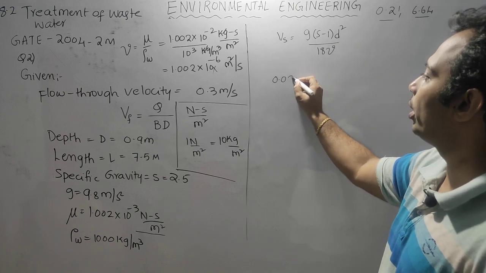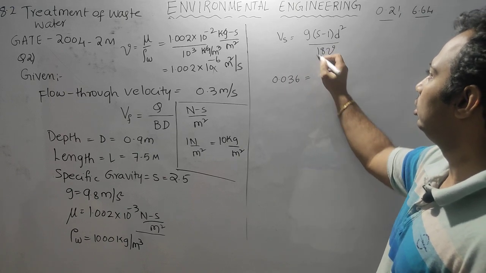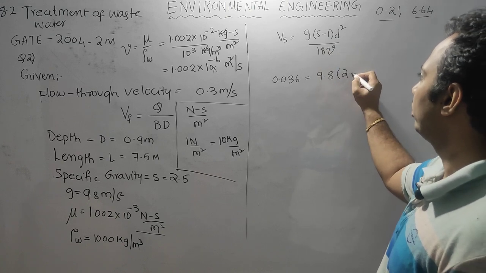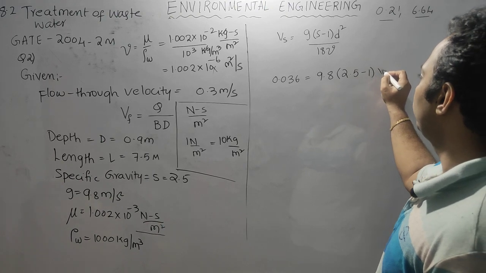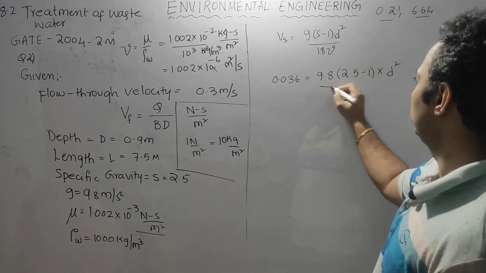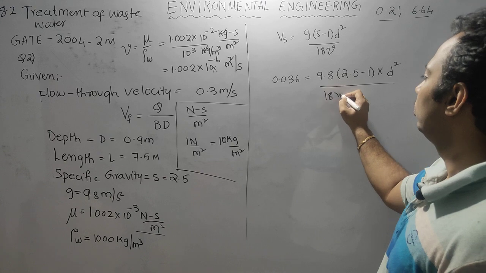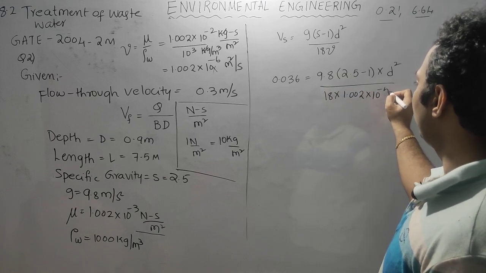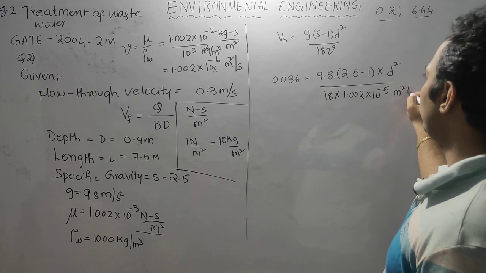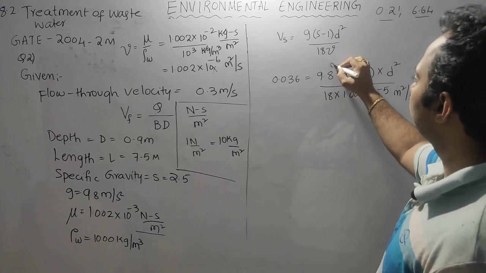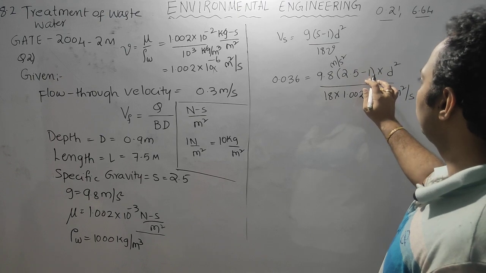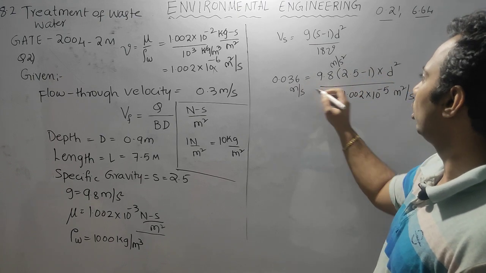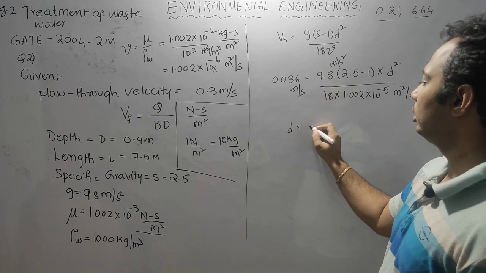We have 0.036, g is 9.8, S is 2.5 minus 1, d square is not known, we need to find this, by 18 into 1.002 into 10 to the power of minus 5 meter square per second. The unit is meter per second square, it does not have any units, so it is here meter per second. If you solve this, you will get d as